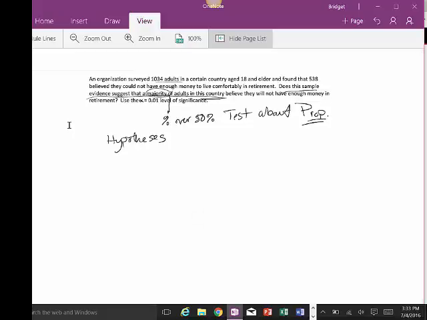and then calculate the test statistic. For a proportion, this is going to be z sub 0. Then find the p-value, so we're using the p-value approach here. There's another video explaining the critical value approach. You're not required to use that approach, but you should be familiar with the ideas behind it. So state the hypotheses, find the test statistic, find the p-value, which is a probability, and then make your conclusion. So here we're asked about whether or not a majority of the people believe they will not have enough